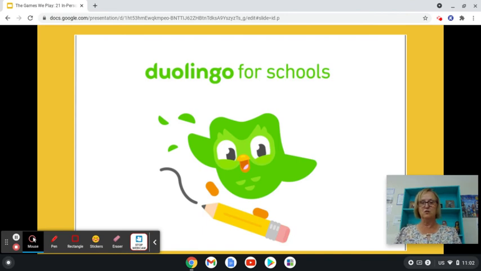So Duolingo Schools. I have all my students on Duolingo for Schools. You go on schools.duolingo.com and you can set up free accounts for your students. There won't be any ads on there, and they have an actual curriculum that you can follow that goes along more or less with what you're teaching anyway. So it's good for reinforcement. I use the Duolingo words actually as passwords to come through my door a lot of times, not all the time, but sometimes.